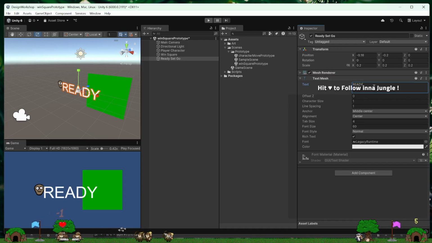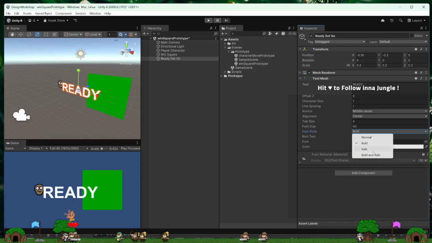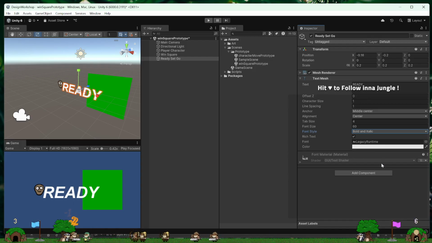All right. I'm going to say ready right here because I anticipate being able to say ready, set, go. Not 3 different pieces of text, but I will actually just change this text. I will say ready, then I will say set, and then I will say go, right? Sure. But right now I'll say ready. And I don't know, there's a better font. Maybe there's a bold. There we go. Ready looks awesome. Should we do it bold and italic? Oh, we're so styling. Look how styling.